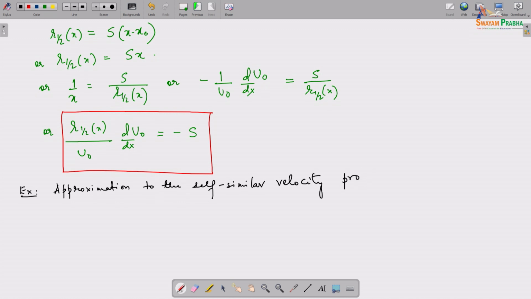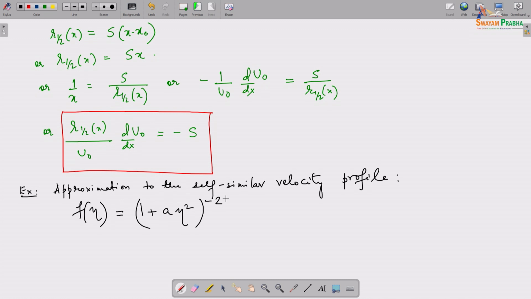Velocity profile is f of theta. Okay. Now